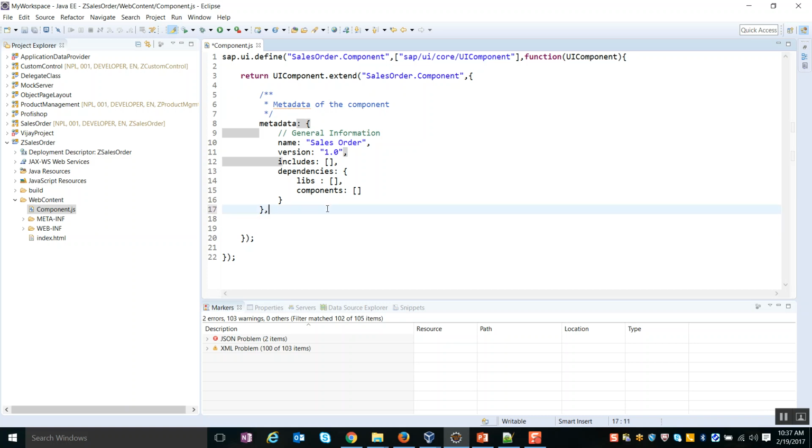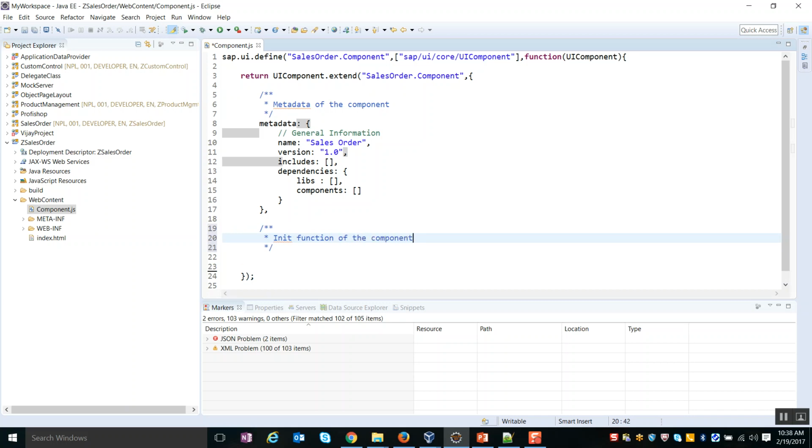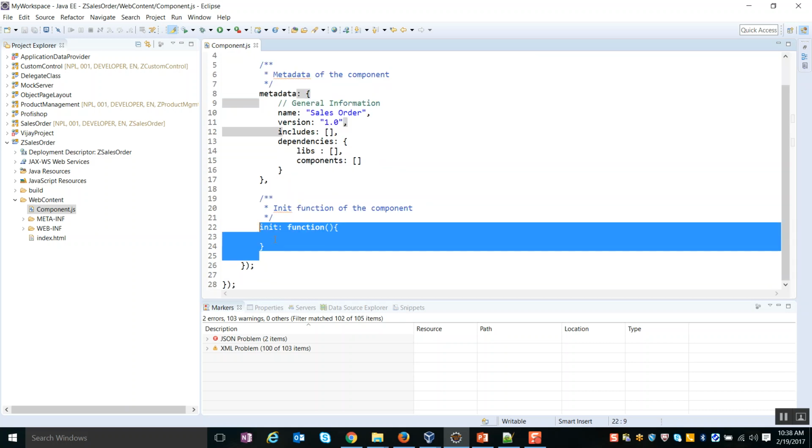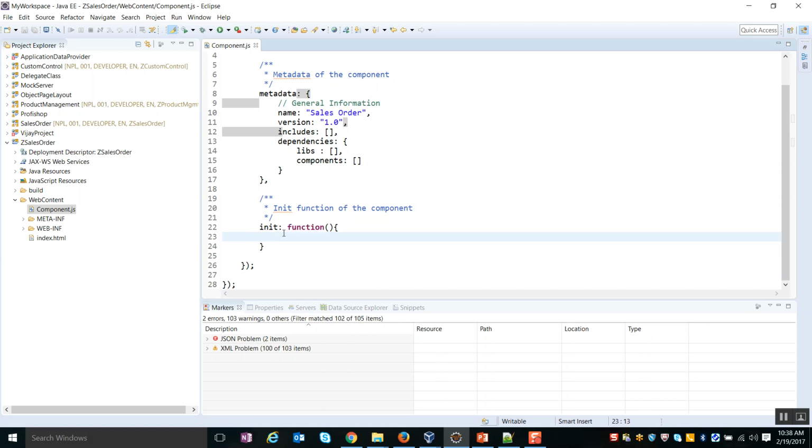Then other than metadata, the component has a function called the init function. This is like an onInit method which is going to be triggered at the time of initializing your component. Since I'm going to make use of the router, I'm not going to go through this create content function. Instead, I'm going to make use of this init function. Whenever I redefine a method, as I'm doing here with my init method, I want my superclass method to be triggered first, and then this init function to be triggered. So I'm going to